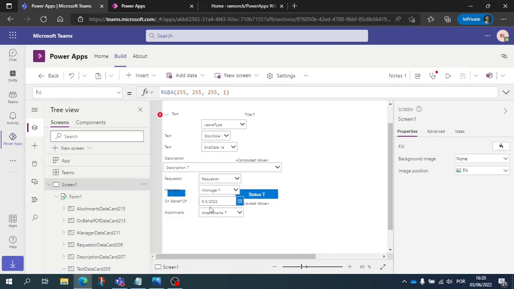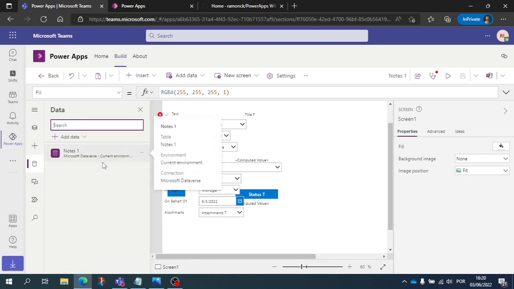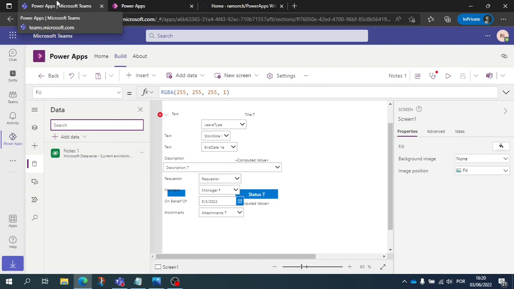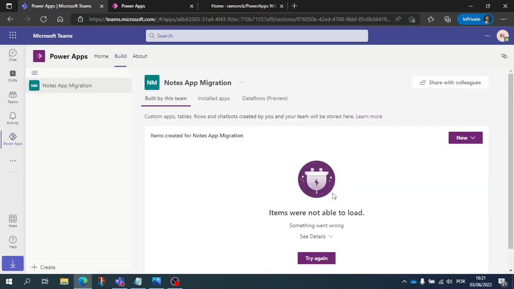It created the fields, and it also created for us the Dataverse backend, which is very cool. So, especially here in Dataverse for Teams, which gets me very excited. For example, if I go back, this has the reference to the Notes One table. If it doesn't open for us, I can also open this in Power Apps,